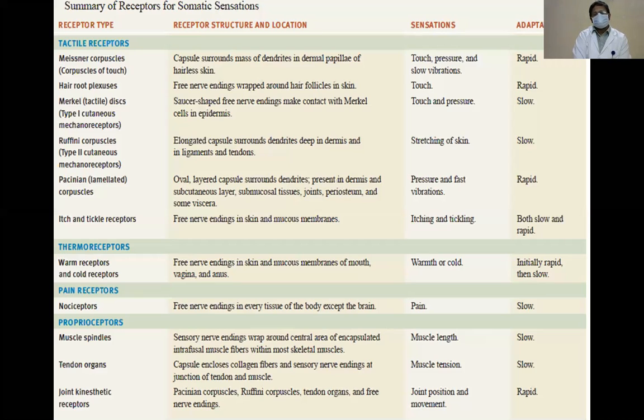The Merkel discs are present in the epidermis, and they carry the sensation of touch and pressure. They are slowly adapting. And the Ruffini endings are elongated in the capsules around the membrane in the joint capsules and the tendons. They carry the sensation of the stretching of the skin. They are slowly adapting. Then the Pacinian corpuscles, the overlying layer and the capsules around the membrane, the dermis and the subcutaneous layer of